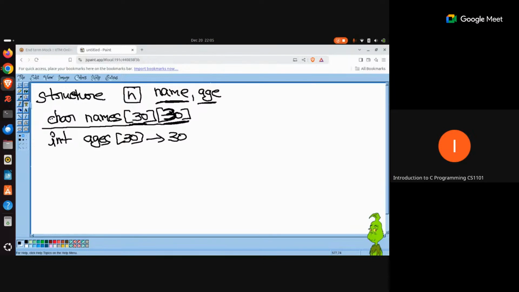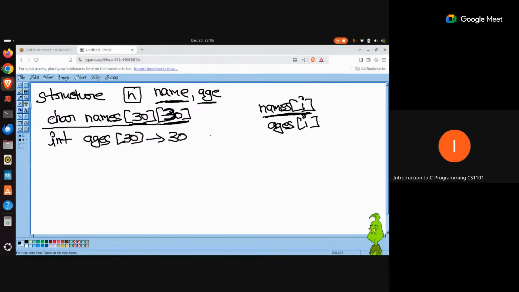Because now, when you actually start writing the program for it, you will say that names i is going to refer to the ith name the user has entered, and ages i is going to give you access to the ith input that the user would have entered. But remember, this names is a 2D array now. So this i is actually referring to an entire row, which will probably be the name of a given user.